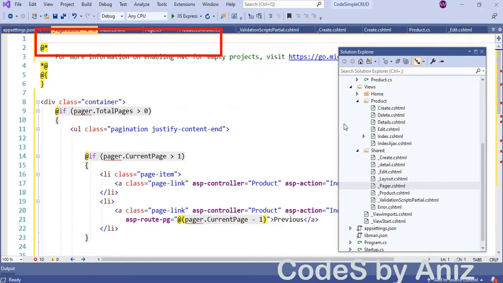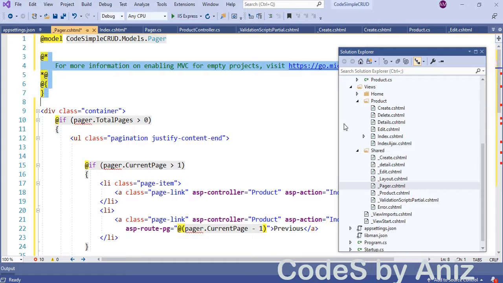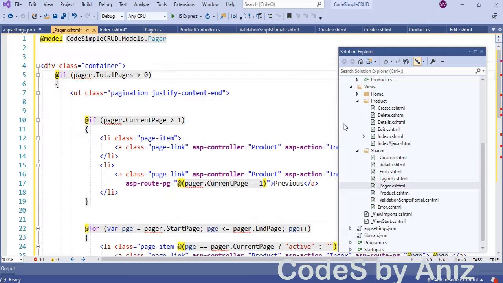After pasting the code, scroll to the top and bind the pager partial view with the pager model by adding the model to the _Pager.cshtml. Now our pager partial view is showing a bunch of error indicators in red color. That looks scary, but no need to worry, we can solve this error easily.